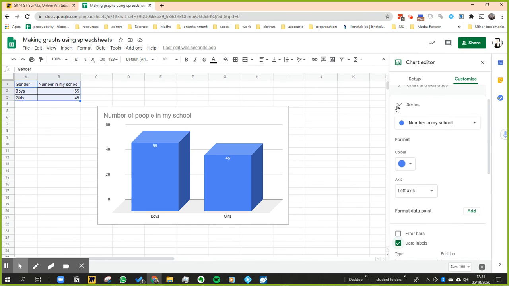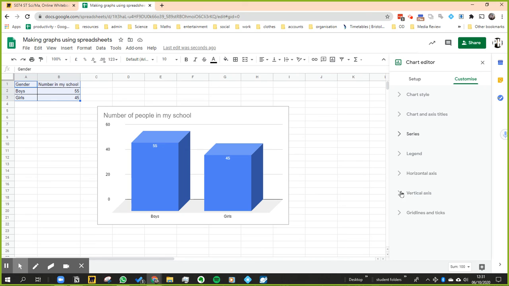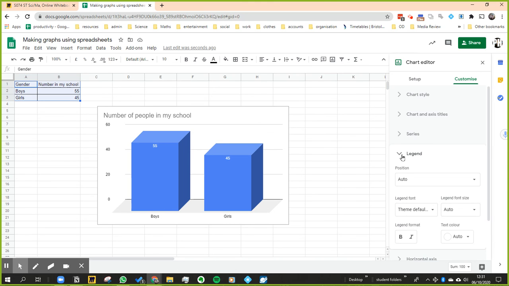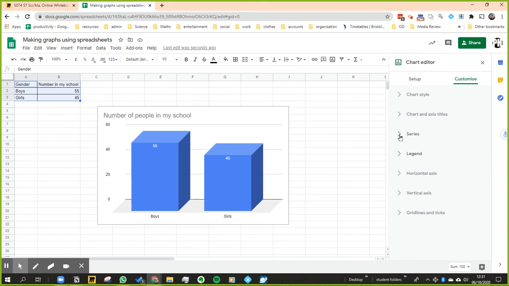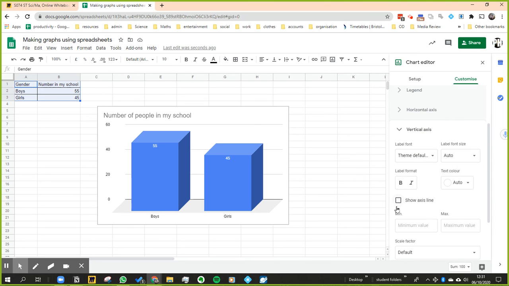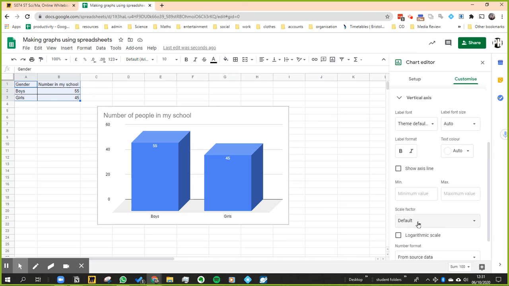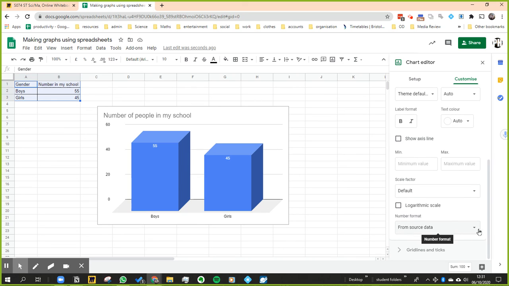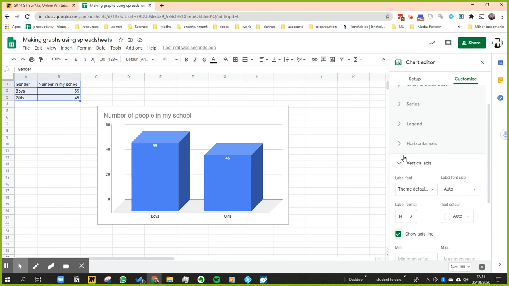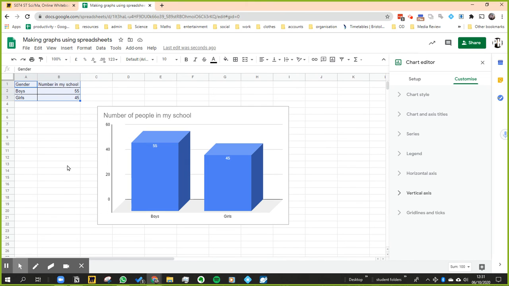Let's hide that. Okay, legend is just a key, so it'll tell you what's what. We don't need that. We've looked at that already. Let's have a look at vertical axes. Show axis line. Yeah, okay. That's not much good. Okay, well, we're getting most of the way there, but that is how to plot the graph. I'm not quite sure why we can't label the y-axis at the moment, but yeah. Okay,